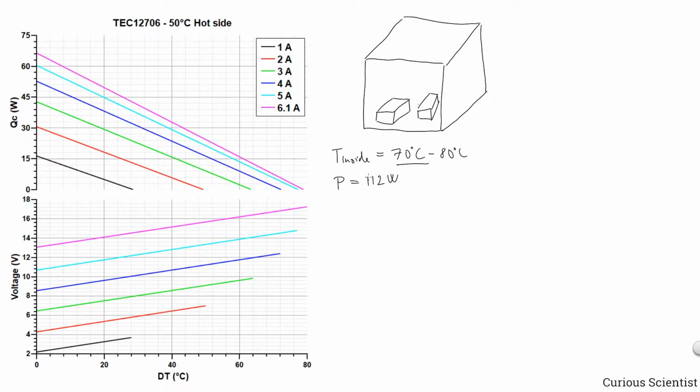So what we have here is a very good, or I hope it's good, overestimation of the total heat rejected by these units, because of course they use the electricity, but they don't convert 100% of this 112 watts into heat. But if we assume that they convert all the power that they take from the electric outlet into heat, then we overestimate the generated heat, and that's good for us, because our calculations will be closer to the